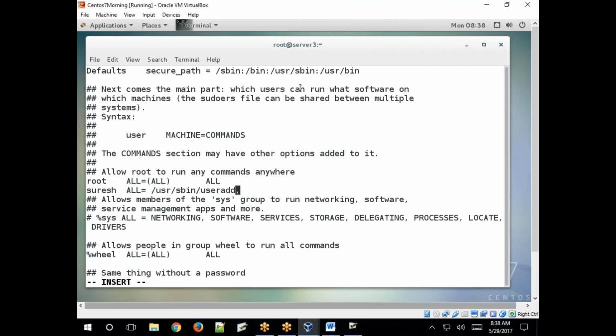Okay, so one second. So without password: NOPASSWD. Save.